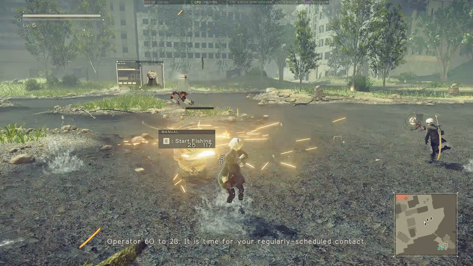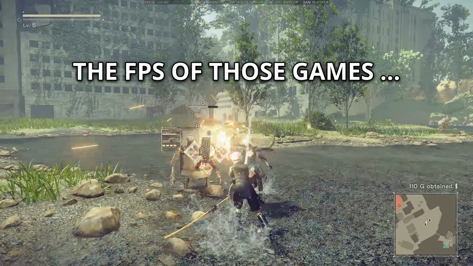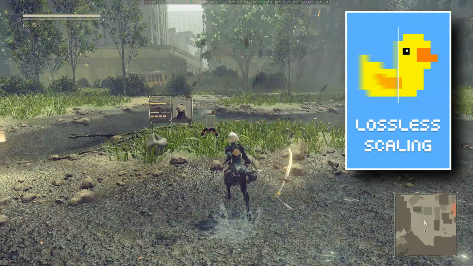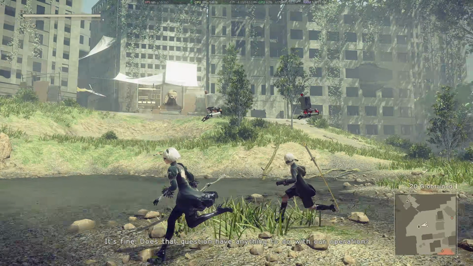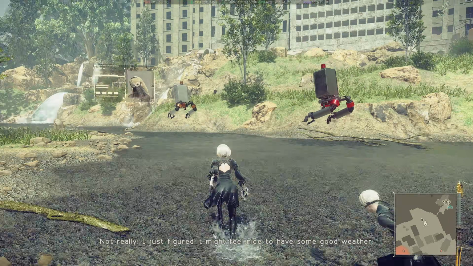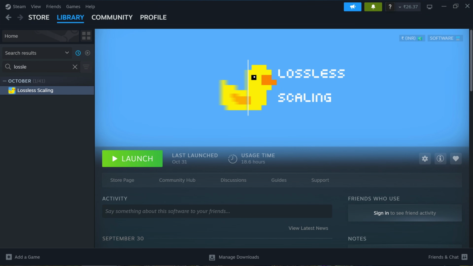Now guys, for your information, I am going to show how you can double or further multiply the frame rates of those games that run at locked 30 or 60 FPS with the help of Lossless Scaling. Okay, let me first show you the most optimal settings that I use for those games that don't go beyond 30 or 60 FPS. After you purchase the Lossless Scaling app from Steam, install the application, and hit the launch